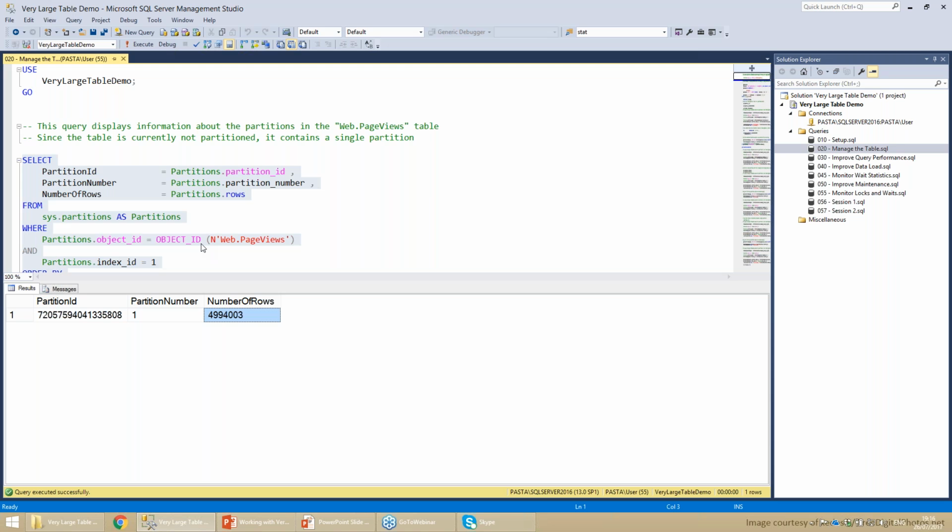The main reason for partitioning very large tables is to improve the management of the table, and mainly the archive process, the sliding window. So let's say we have some regulation and we need to keep the last 7 years of data in the table. If we have more than 7 years of data, we need to archive or maybe delete the 8th and the 9th and all the data before the past 7 years.